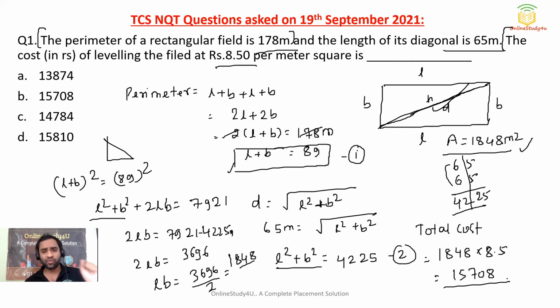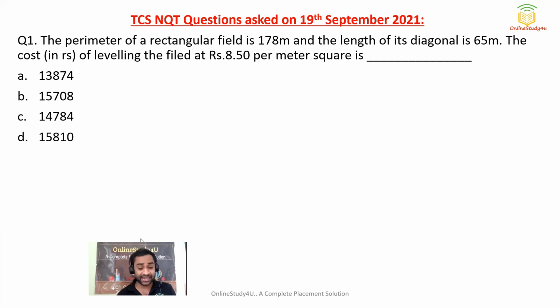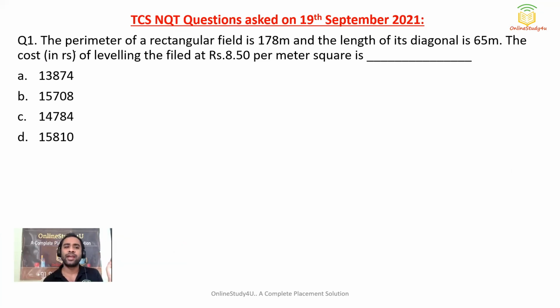So if 2 minutes is given for this problem, then this is sufficient. I am thinking from the point of view of you as a student. Otherwise, if I have to solve in the exam, then I will take a little less time. I might do it in 1.4 minutes, because I know the perimeter